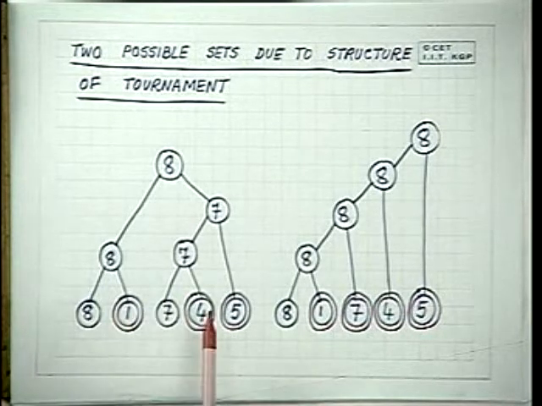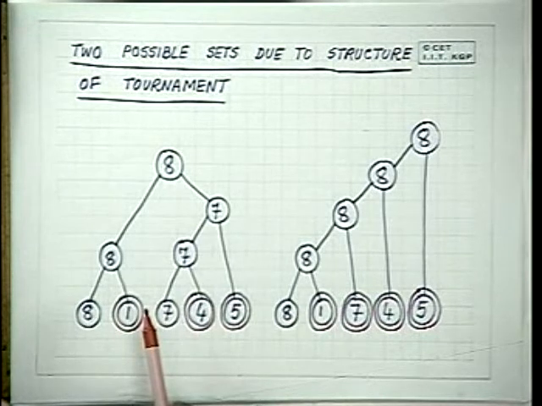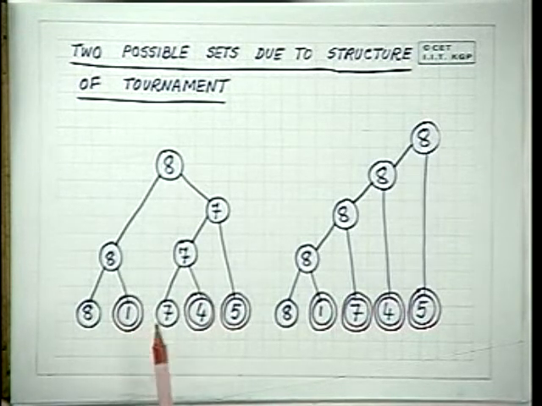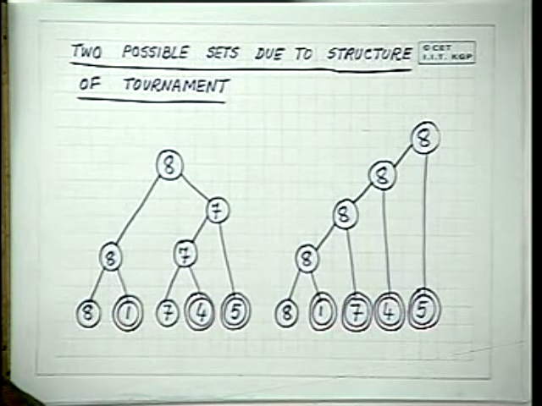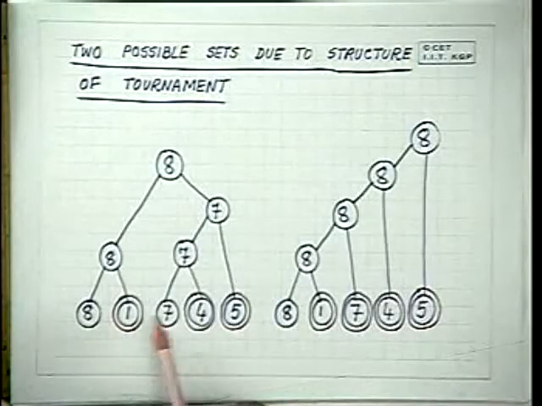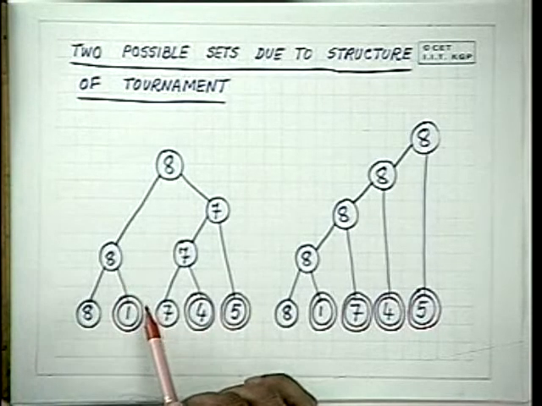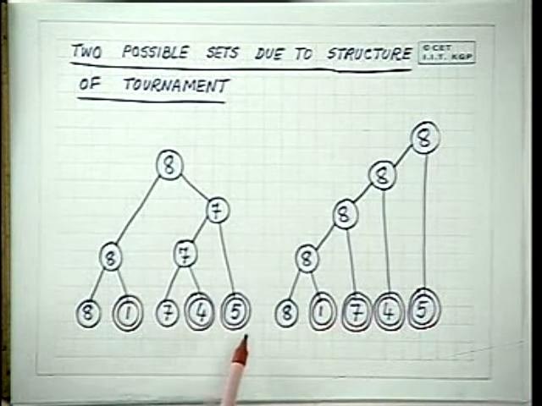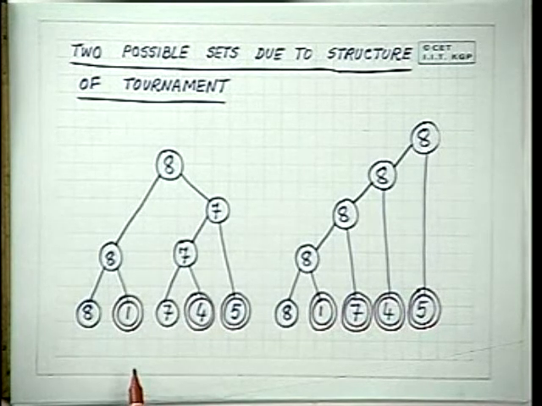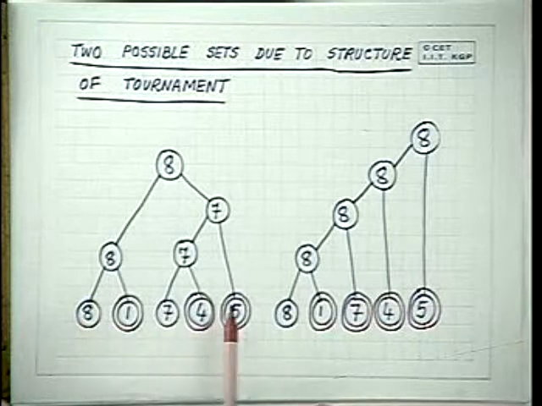Does that give you any idea of how to set up the tournament so that the loser set of the first comparison is reduced? Can the loser set in the first comparison be less than n by 2? It can never be less than n by 2, because you will have to play them at least 2-2 in order for somebody to lose. So if we want to minimize the loser set of the first comparison, we must have a tournament in which they play pairwise first.